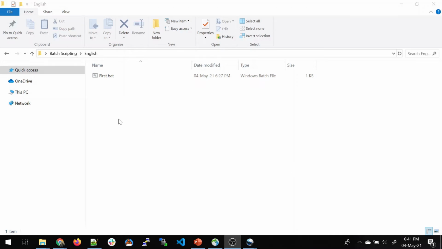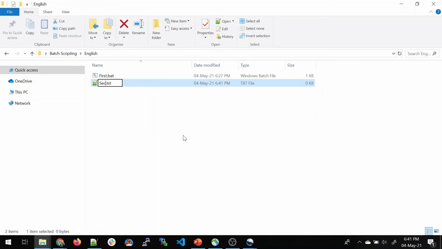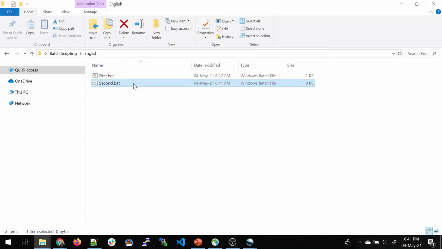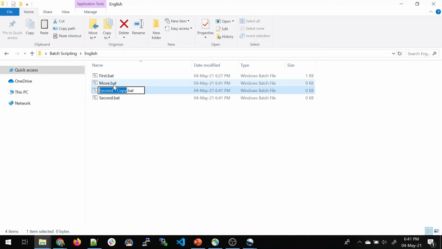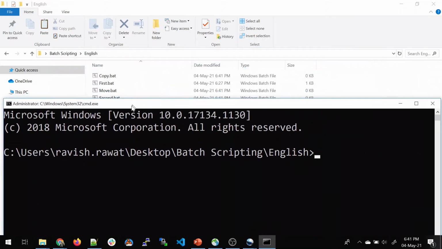Now what we'll do is we'll create a new file. Let's name it second.bat and then just create one more and name it third.bat. Let's say move.bat and the other one copy.bat. Okay, now we'll open a command prompt over here